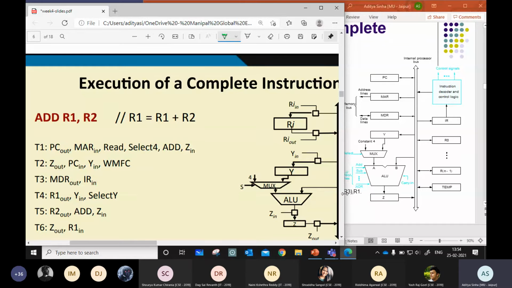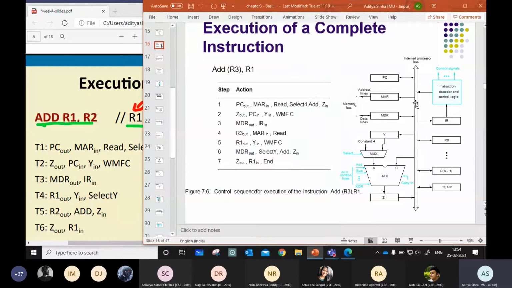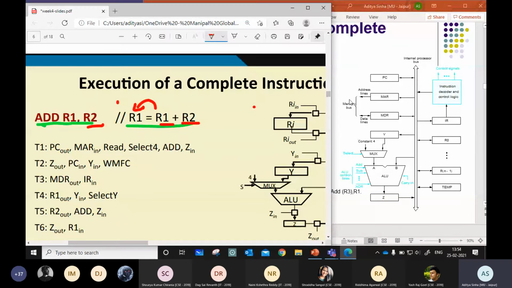Yes, sir. Okay. So you have an instruction called add R1 R2 at R1. What is happening here? We have discussed this example a lot. The contents of R1 and R2 are getting added and getting updated in R1. Is it right? Yes, sir. Various timestamps are there. On the right side, please do not look at this example because we are discussing add R1 R2. I just want you to see the connections. We have seen these connections before also, how various functional blocks are connecting to this system bus.